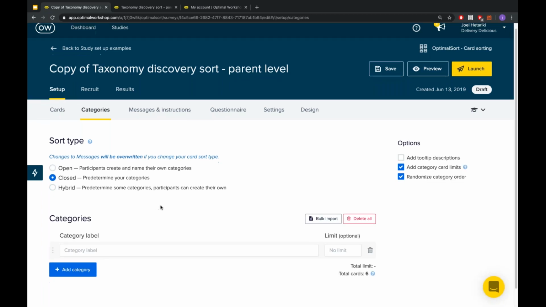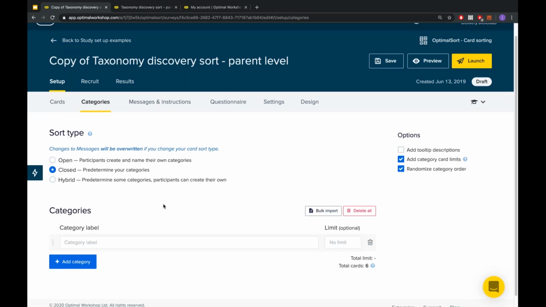Closed card sorting, on the other hand, is the validation end of the scale I mentioned before. You predetermine every single one of the categories that you provide to your participants, and in that way you can test the current headings that you're looking to use, or test iterations of how the language might change and whether or not that provides a more consistent sort response by large groups of participants.